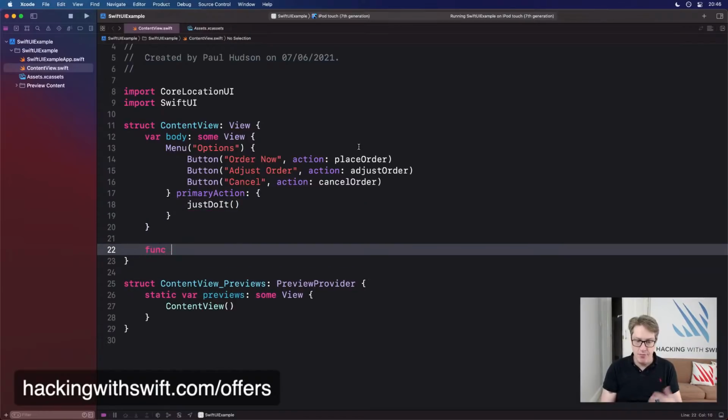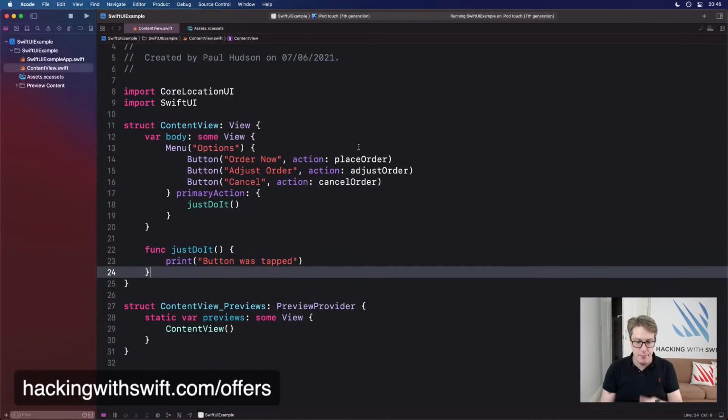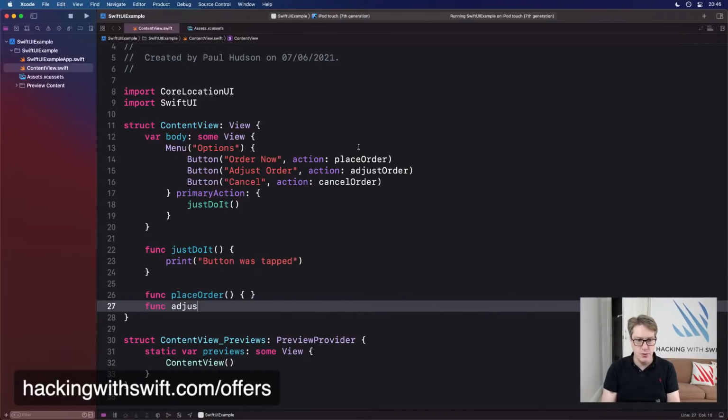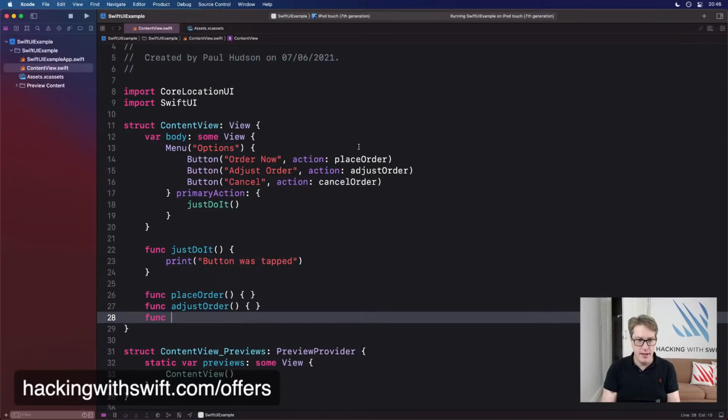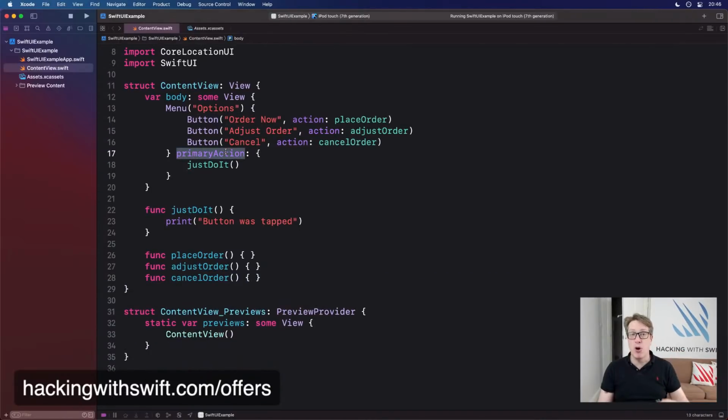And now we can add our functions. We'll just do it down here, print button was tapped, so a quick tap, transient tap. Then of course place order, oops, daisy, empty function, and then adjust order, empty, and then cancel order. Done like that, boom. So this primary action distinguishes it from pressing and holding.